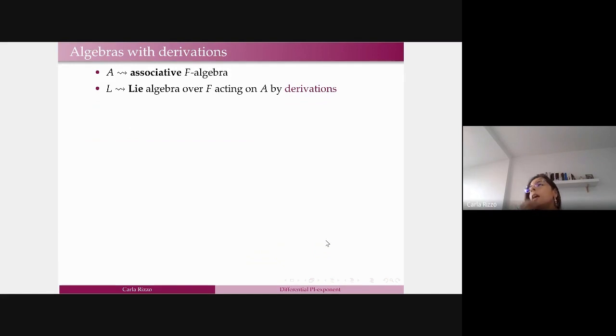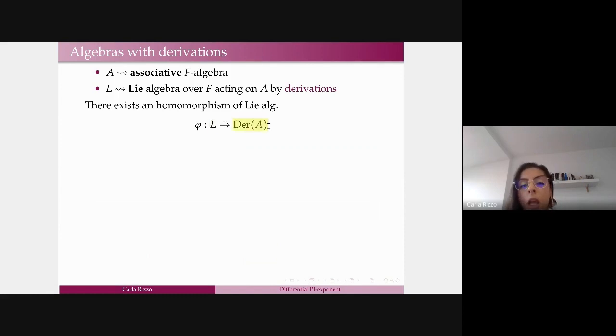Okay, so now we are ready to define the main object of my talk, that is the algebra with derivation. So from now on, A is going to be an associative algebra, and L is going to be a Lie algebra over F, acting on A by derivation. So acting on A by derivation means that there exists a homomorphism of Lie algebras from L to the derivation